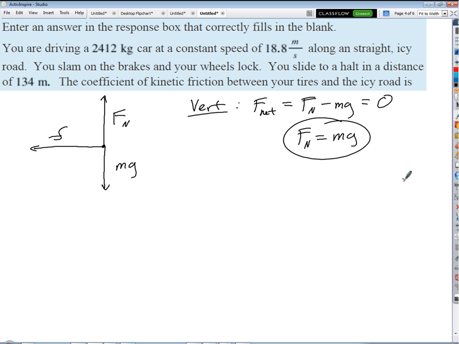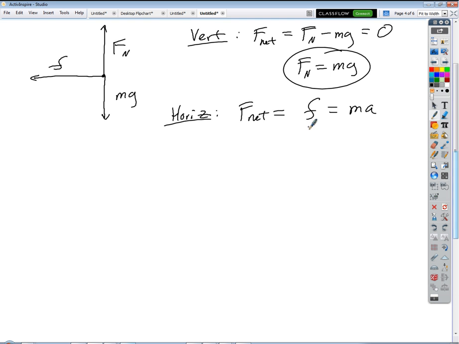Now, horizontally, there's only one force acting. We know that the net force is just the frictional force, right? And so that's equal to ma, because there is a net force there, right? F equals ma. That's Newton's second law. Net force equals ma. Okay, but what can we do with that? Well, what's our equation for the frictional force? The normal force times the coefficient, right? Mu times normal force